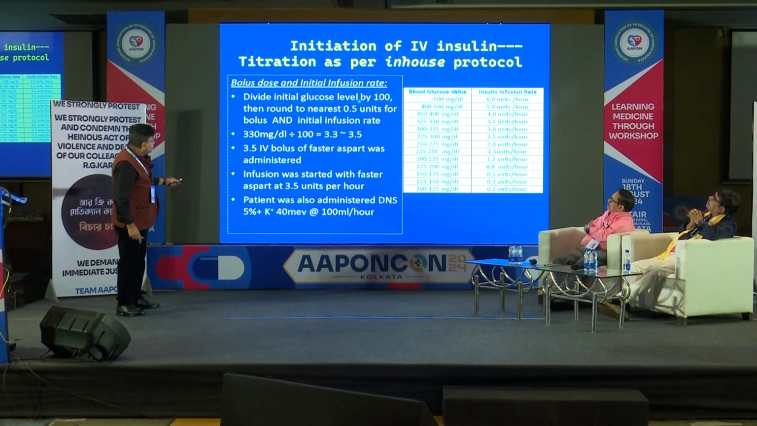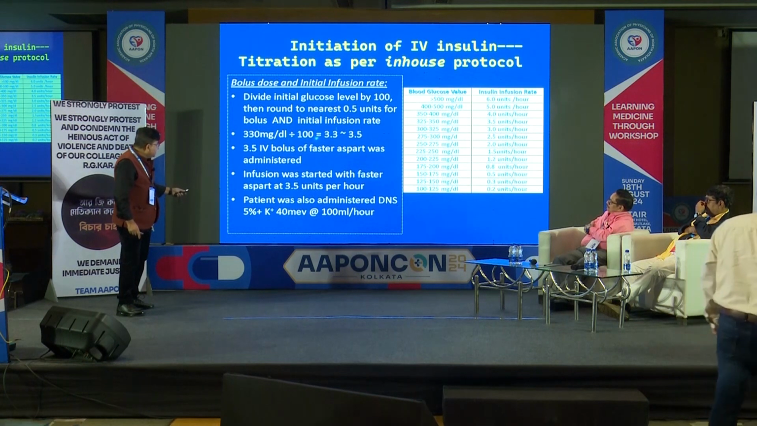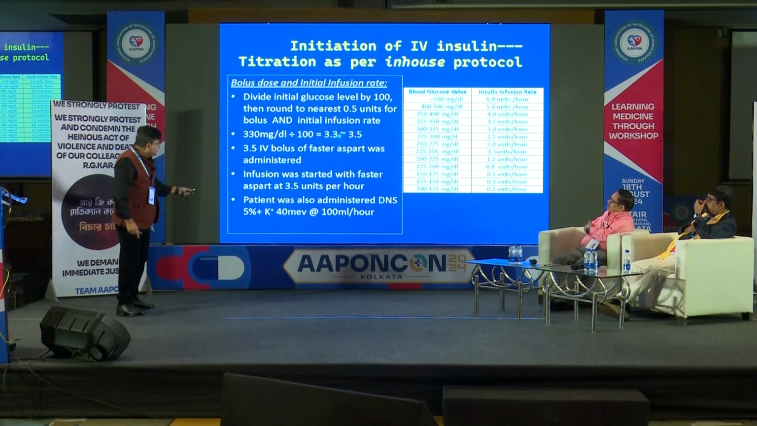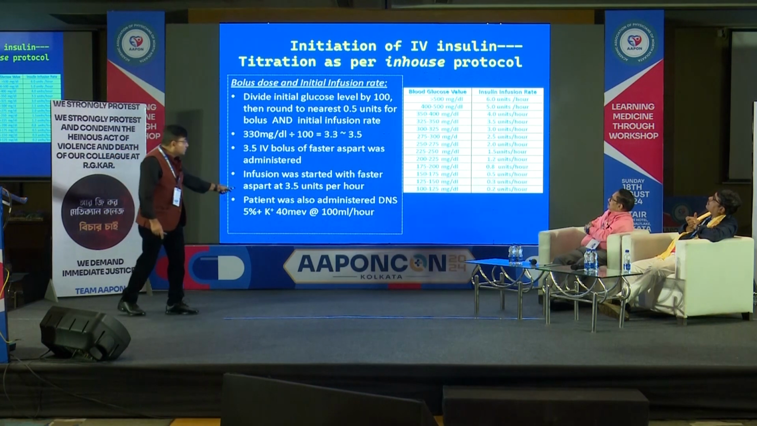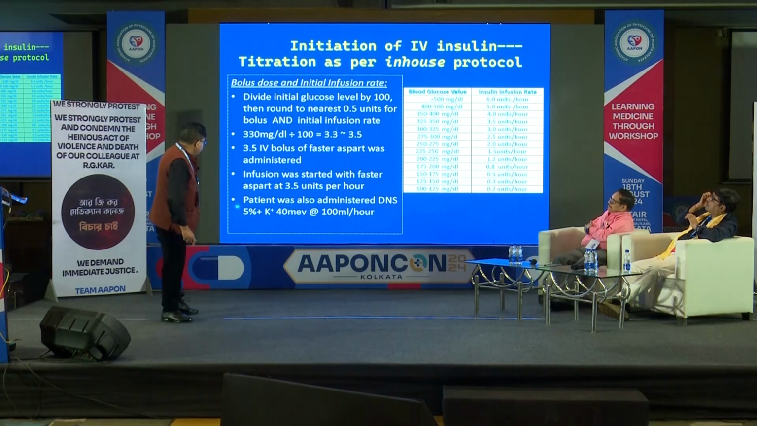Divide the initial glucose level by 100 and then round off to the nearest 0.5 unit. In this case, the patient had 330 divided by 100, so around 3.3 or 3.5 unit would be the first bolus dose. First IV bolus of fast aspart administered, and then your rate also starts with that. Infusion rate started with fast aspart at 3.5 unit, and subsequently you follow this protocol-driven adjustment in the subsequent